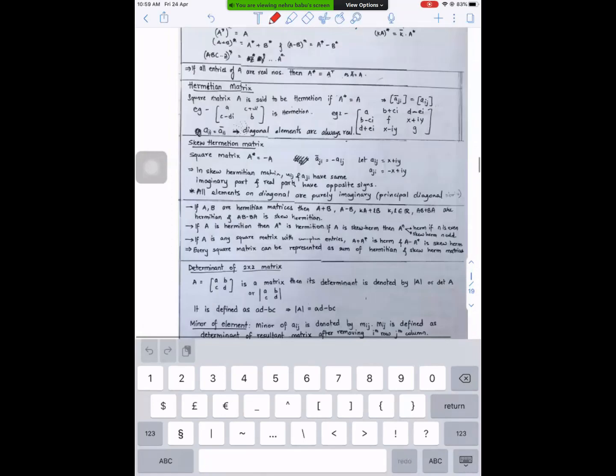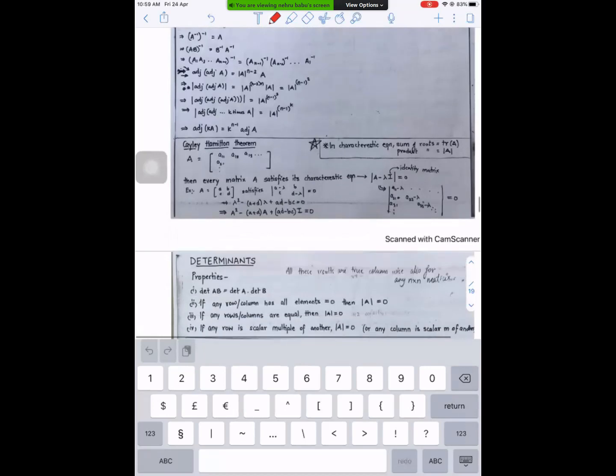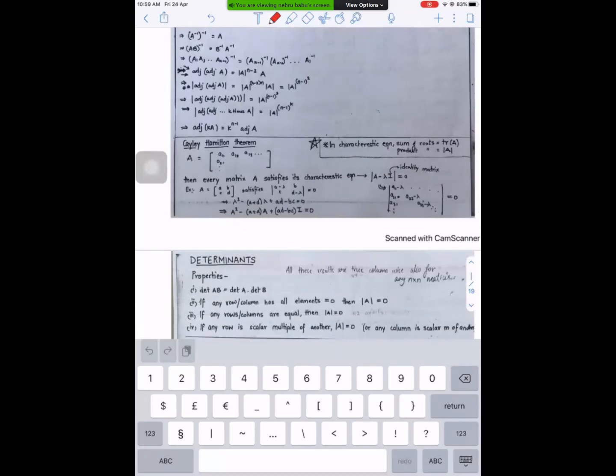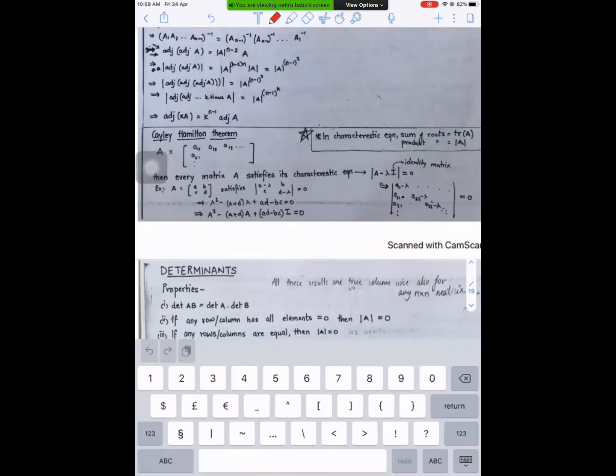And here somewhere I wrote the characteristic equation. Here it is. What you said just now is this point. Every matrix satisfies an equation. It's called the characteristic equation. So how to find that: if A is any matrix, det of A minus lambda I equal to 0. For example, if they give any problem like A is 1, 2, 3, 4, 5, 6, 7, 8, 9, then they will give a question like A cube minus 6A square plus 11A, something like this. If they are asking this type of question, simply do this technique.